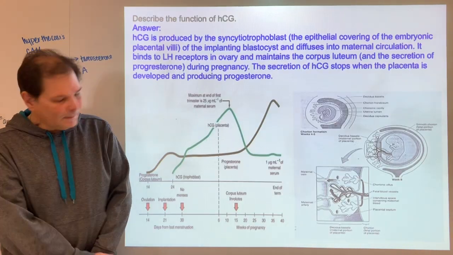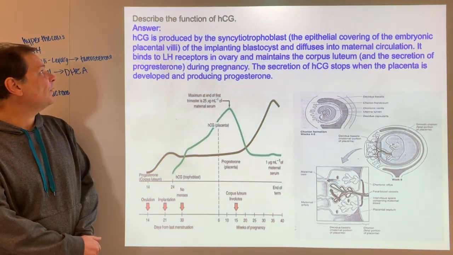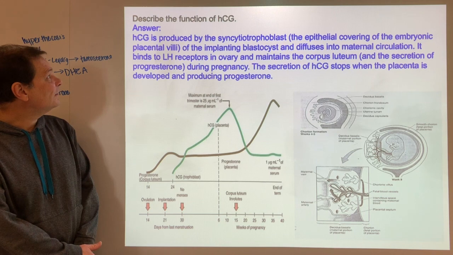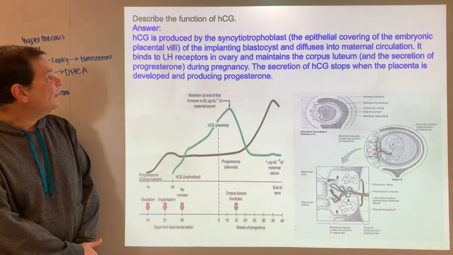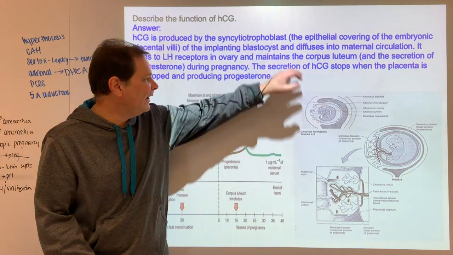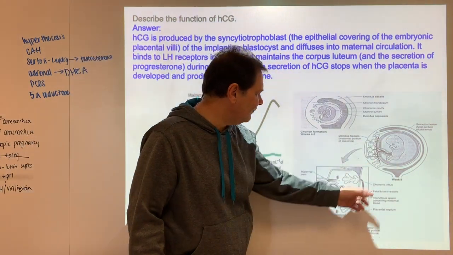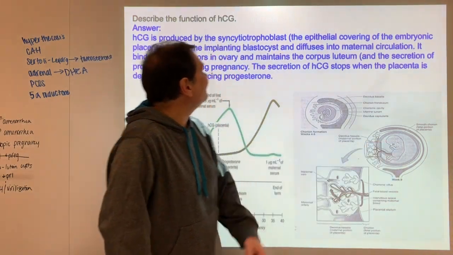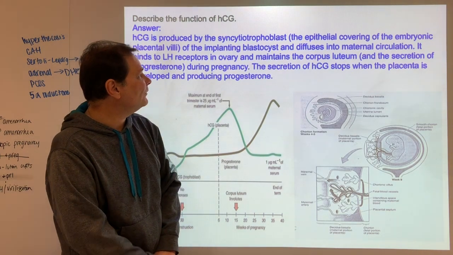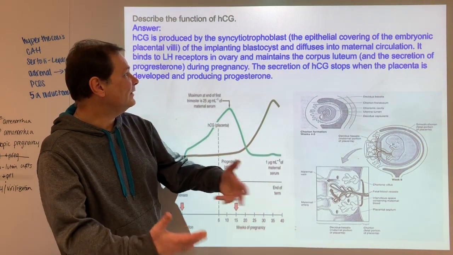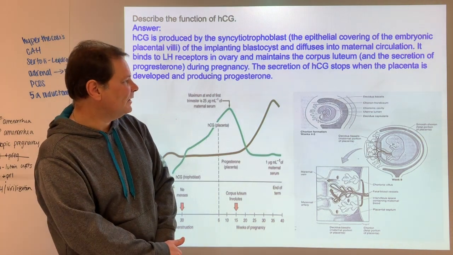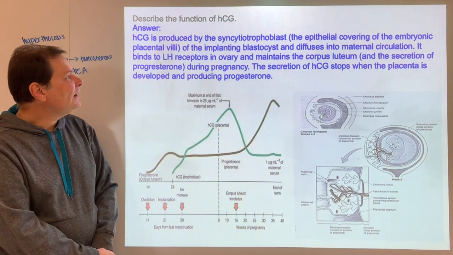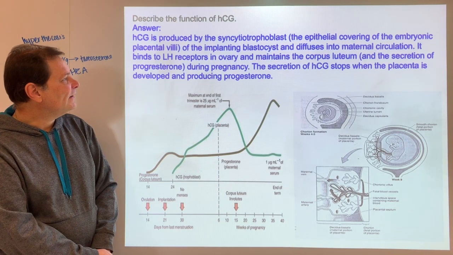Okay. So describe the function of human chorionic gonadotropin, HCG. It's produced by the syncytiotrophoblasts. So that's these cells that eventually become the chorionic villi. Early on, they're the syncytiotrophoblastic cells, and they're the epithelia that are covering what are eventually going to become those villi, and that is secreted upon implantation, and